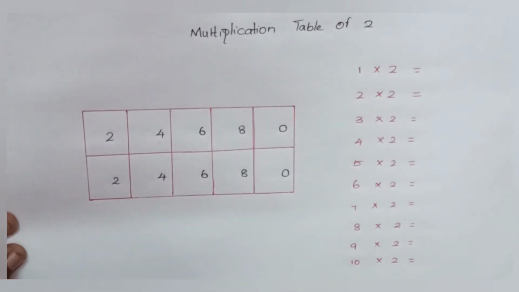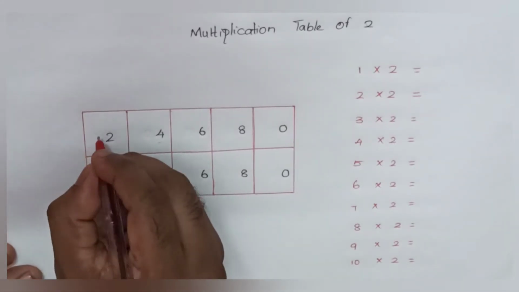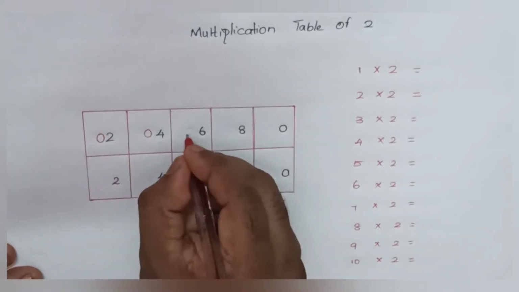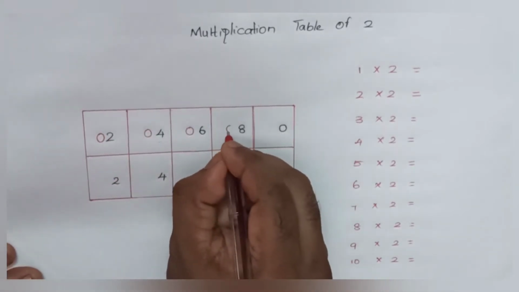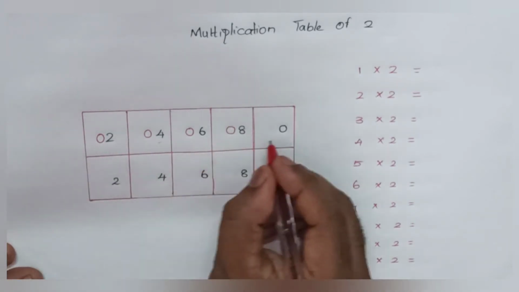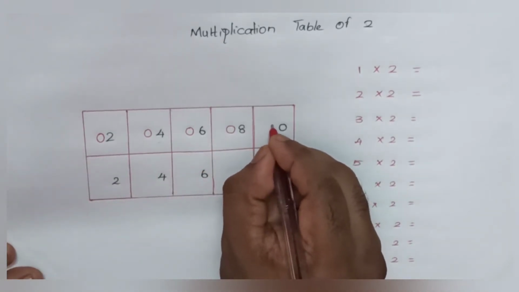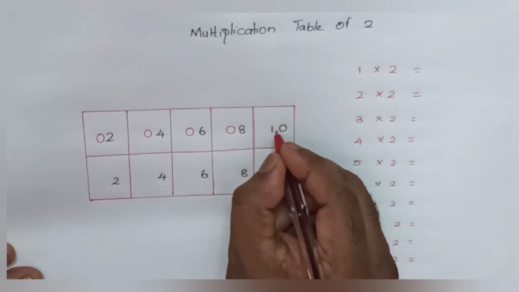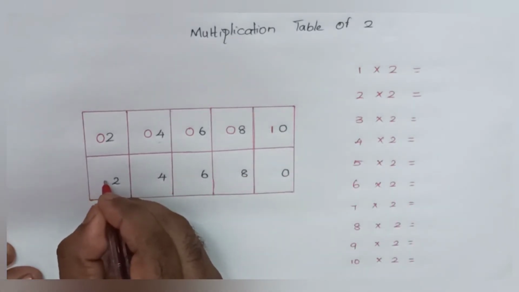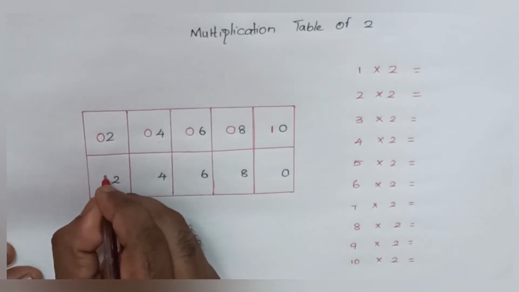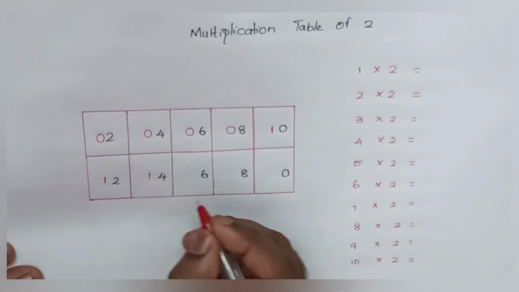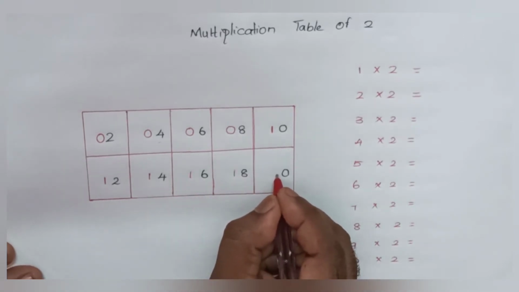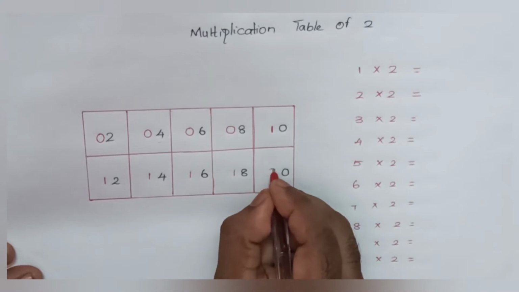In the next step, write a pattern in terms of 0, 0, 0, 0. In the first row, last cell you have to write 1. Okay, and you have to continue the 1 with the second row first cell also. So here also you have to put 1, 1, 1. At the second row last cell you have to put 2 here.